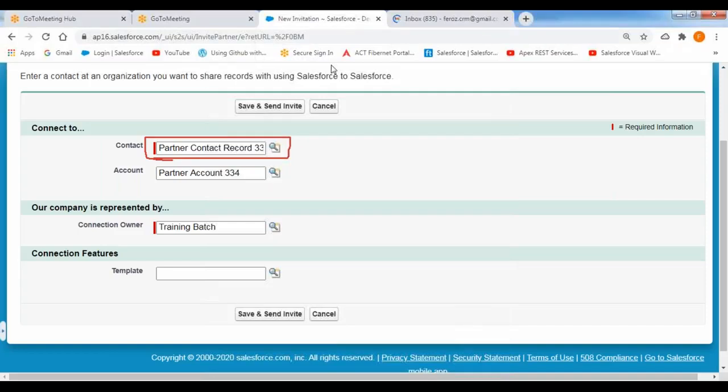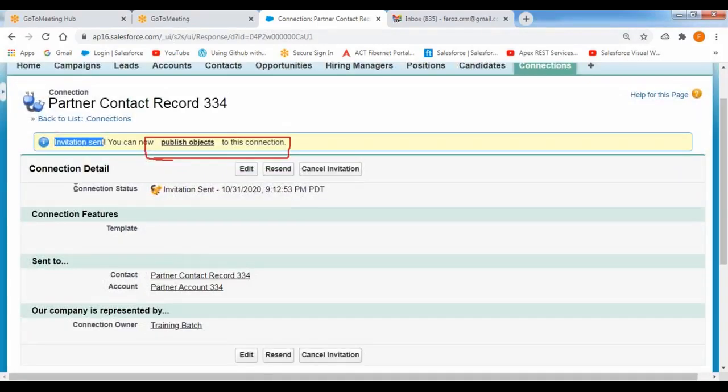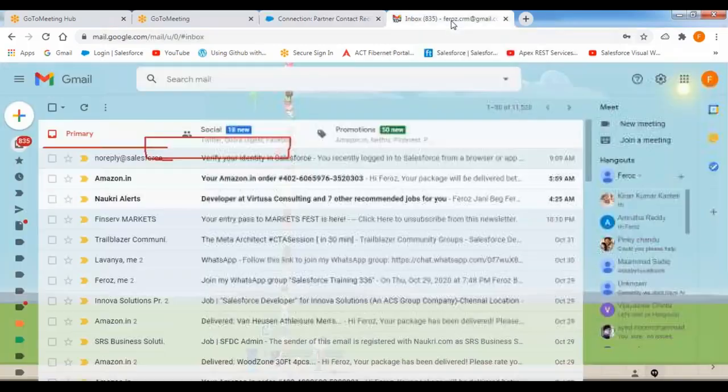So let me initiate this request now. Click on save and send invite. As soon as you click on save and send invite, it will indicate that the invitation has been sent. Connection status is still showing as invitation has been sent, that is not yet accepted by the consumer as of now. The consumer has still not accepted. So now in this case, let's go to that